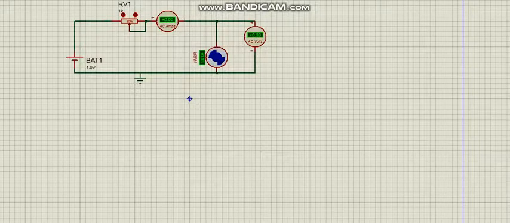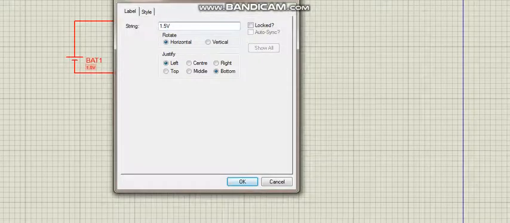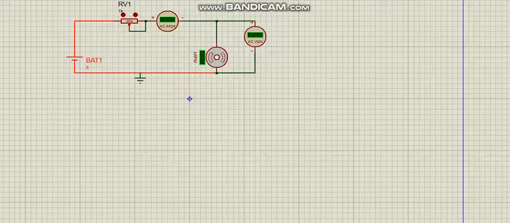At 1.45 volts you can observe the speed of the motor. Now we are going to increase the voltage. Now you can see that when we increase the input voltage, the speed of the motor is increasing. Now our first thing is proved.